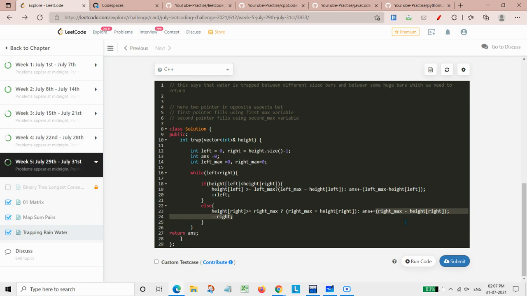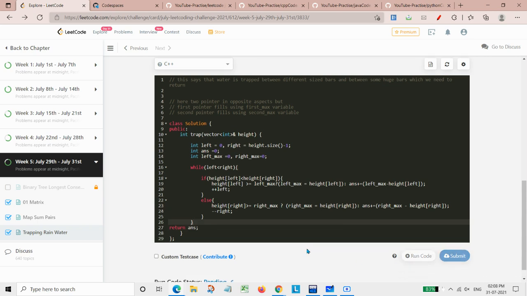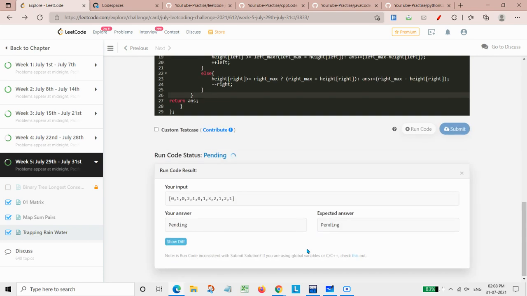And then we decrease our right pointer so that we move towards the left side. So these are the two cases under which further two cases are being handled. In total, there are six cases being handled in this solution, and at the end we return the answer. So let's check if it is accepted or not,